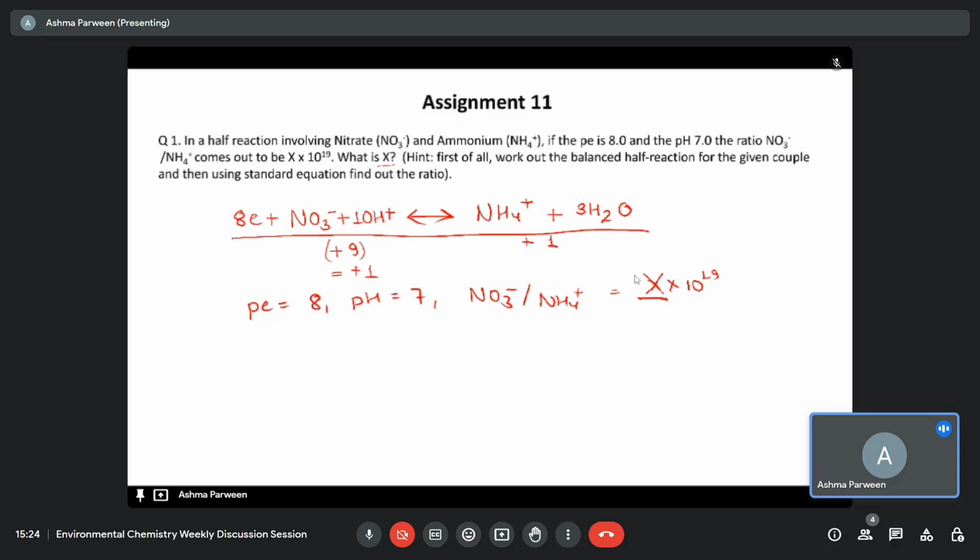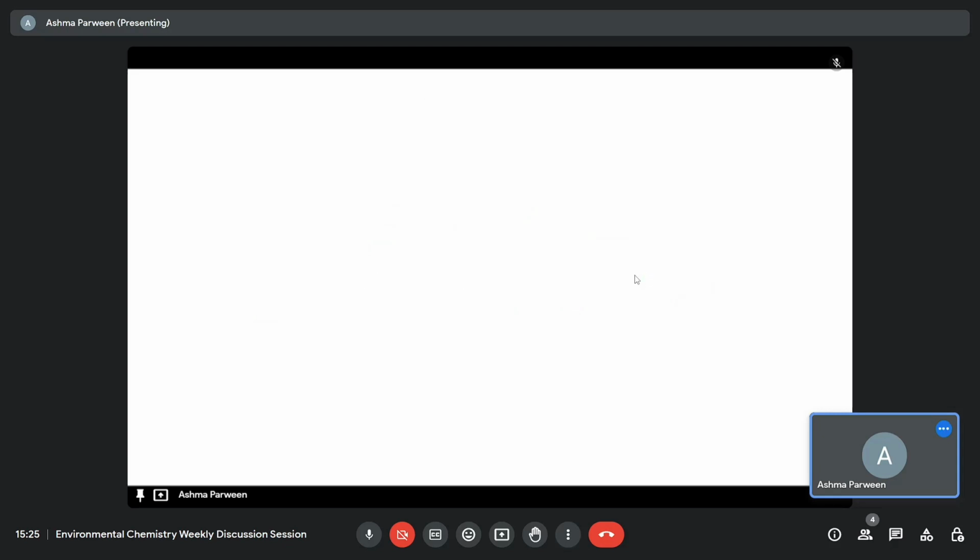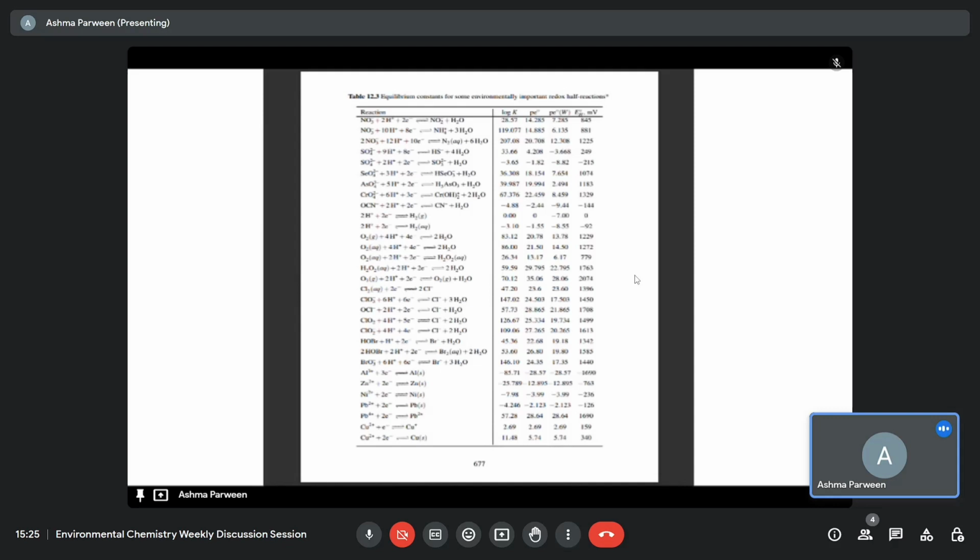So first we need to find out the value of PE naught, that is at pH 7, temperature 25 degrees centigrade. So for this we will refer table from the reference book which was mentioned in the first lecture. So let's see a table. So I have taken the screenshot from water chemistry book by Benjamin. So let's see where is, so in the third reaction, this is this one, we can see that, no, not the third reaction. We can see in the second reaction